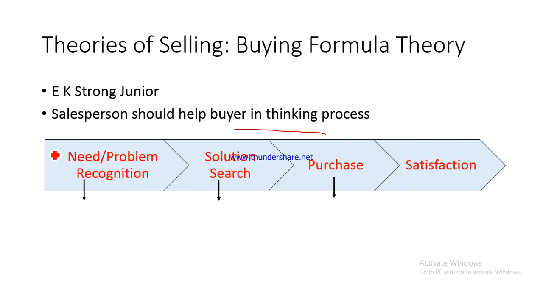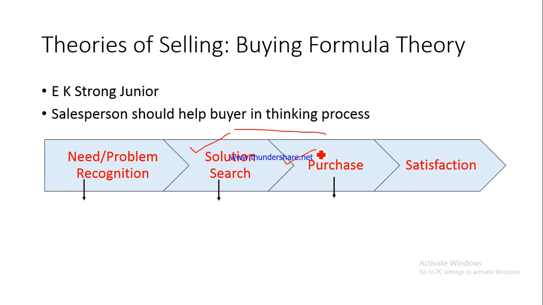There's a particular need that the prospect is aware of, that the prospect is sensitized about. There's a particular problem that he wants to solve. For that he looks for alternatives. That is the second step, and then he also evaluates these alternatives and then decides which one to purchase, and